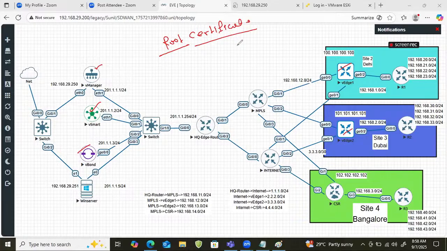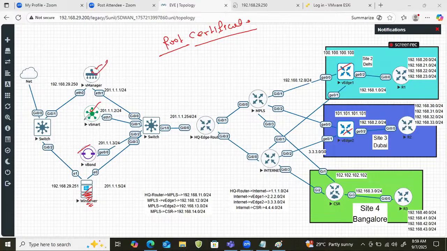certificate. In the production network, certificate generation is not your task. Obviously, there will be a separate team. They will generate the certificate and give it to you, right? But here we are going to build the lab, so it is our job to generate a certificate. You got the point? So the root certificate will be generated from this CA server, and the same root certificate I